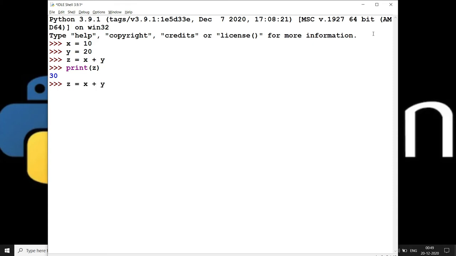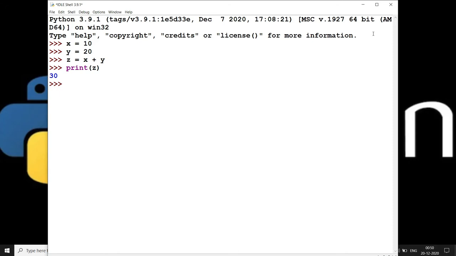To use that, you have a shortcut called Alt P. Alt P means previous command. So here you can see the previous command, right? There is no previous command before x equal to 10. But if you want to see the next command, then you have to press Alt N, and here you can see the next command. So the shortcut keys are Alt P for previous and Alt N for next command.